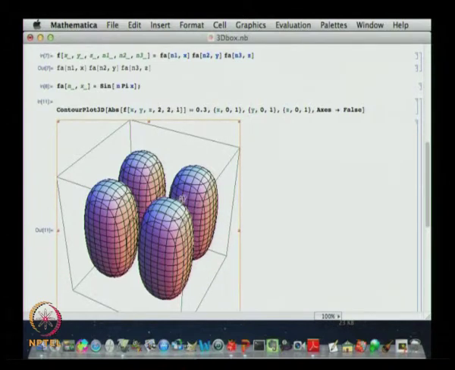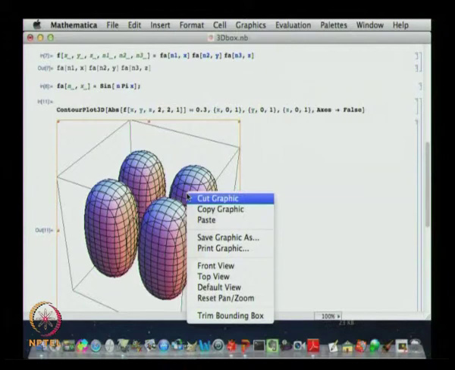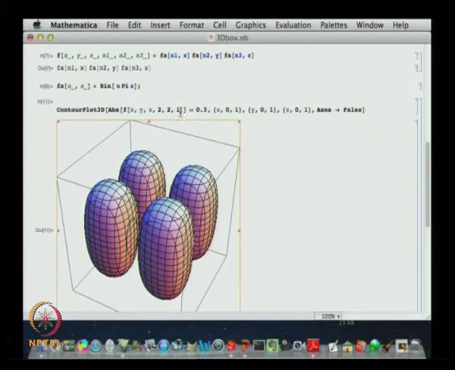Okay, it is taking time, so I do not think I should try to do that. Let us look at the other function which I talked about, psi 2 2 2. This will have three nodal planes, and the three nodal planes will all be perpendicular to each other. So, we will look at that function.